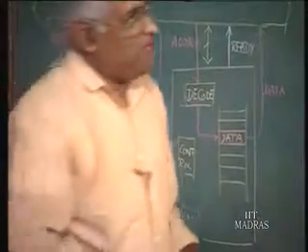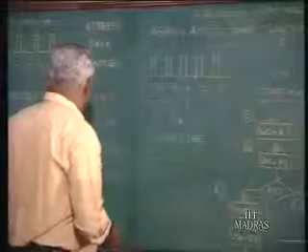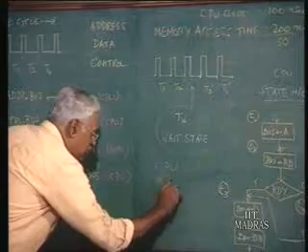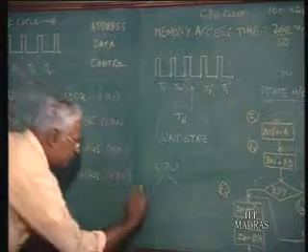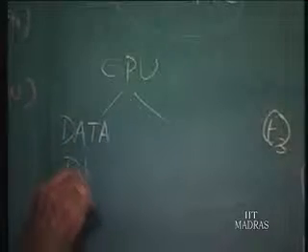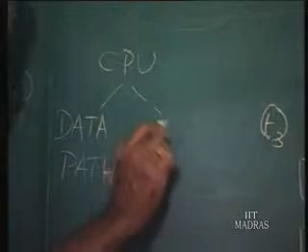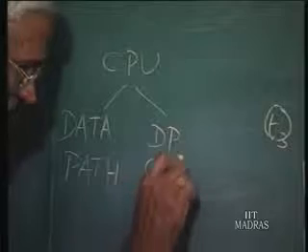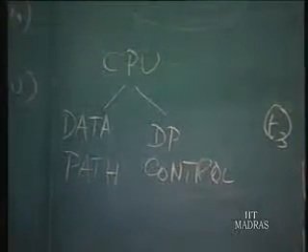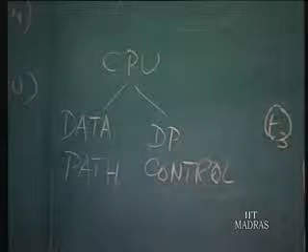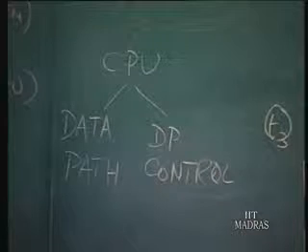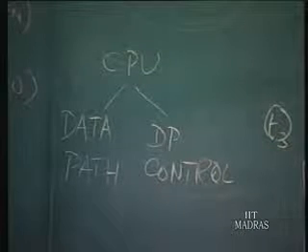What did I say earlier? I said the CPU design essentially consists of data path and the data path control. Okay, data path control. So now I have been talking about this control. Now what is the data path? Okay, now what is the data path? The data path essentially is